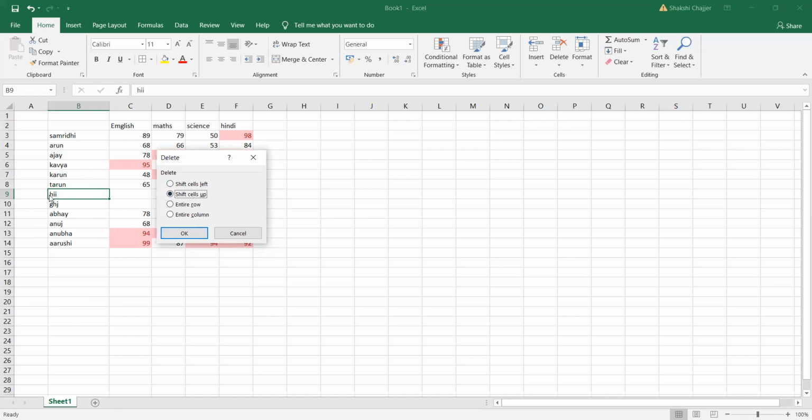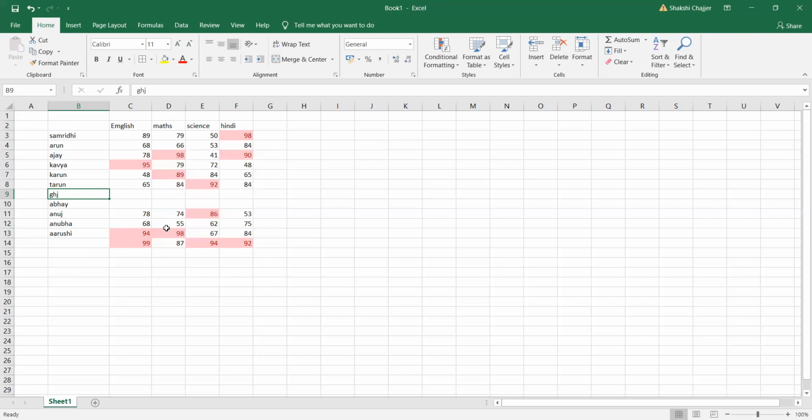You want this cell to shift towards the left, or you want this cell to shift up. So let's say I want the cell to shift up. Now see the changes, how it's affecting. If I click on shift cell up, shifting the cell up wasn't a good choice, because here also the cell shifted up and these marks are down only. Can you see there was no shift in the marks? So this way it's not going to work. So what should we do?